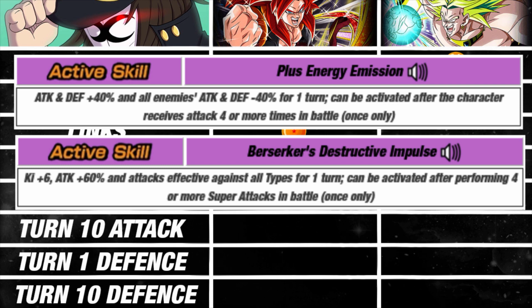Now, when it comes to Broly, he has to super attack 4 times. Now, he does have the potential, especially if you have dupes, or at least have given him some additional with a skill orb. If you're fighting a Hybrid Saiyan or a Pure Saiyan enemy, it is actually possible for him to super attack 4 times in one turn. But the RNG related there is what's going to mess you up in that scenario,